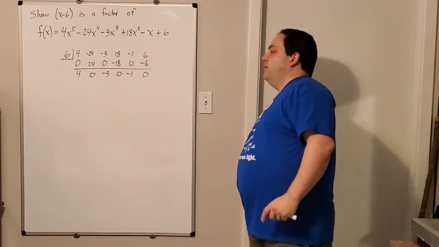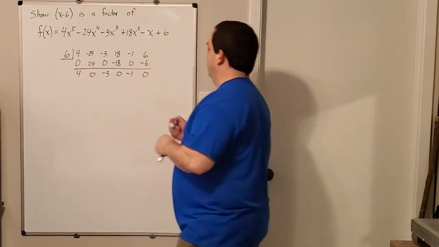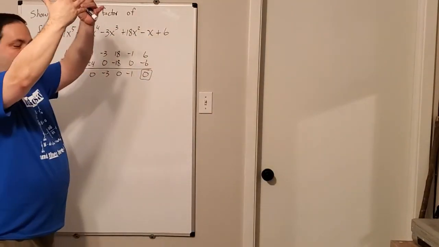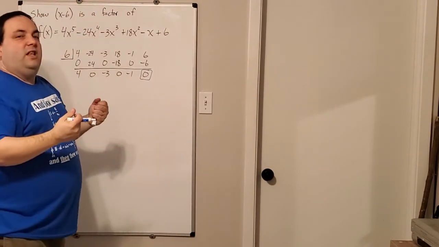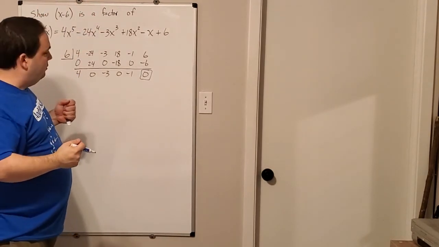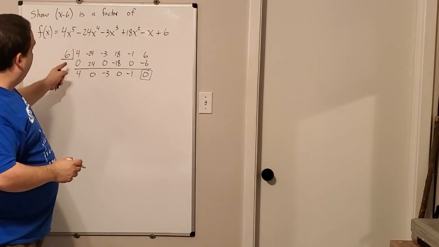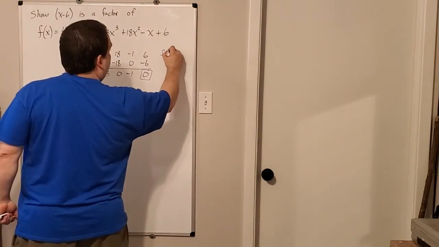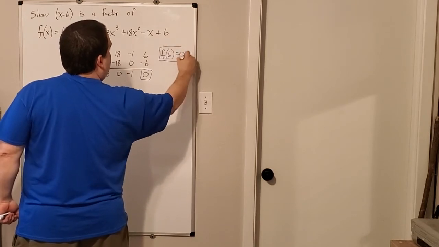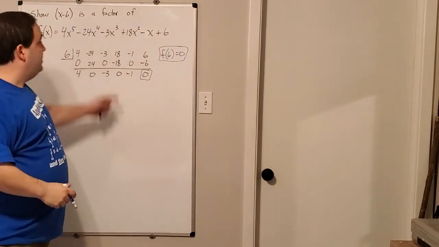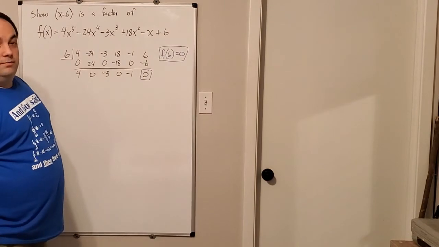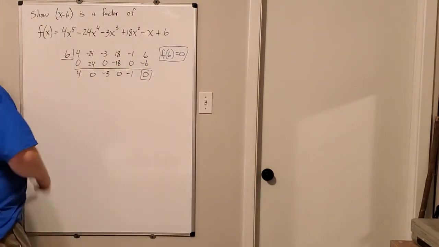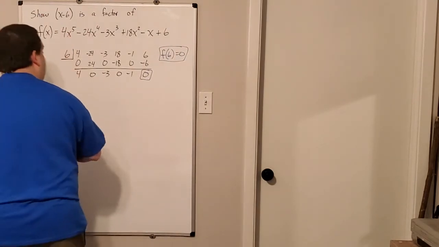That 0 remainder says everything, right? This guy right here, the remainder being 0, is like the good feeling that we're looking for in these problems every single time. Okay? So I just found out that f of 6 is equal to 0. That's important because we just found an intercept of that complicated function. That's very important. But also, don't forget that what this just showed us is that I can factor